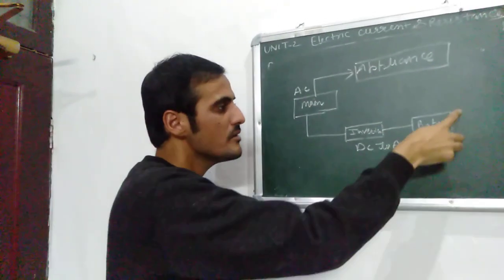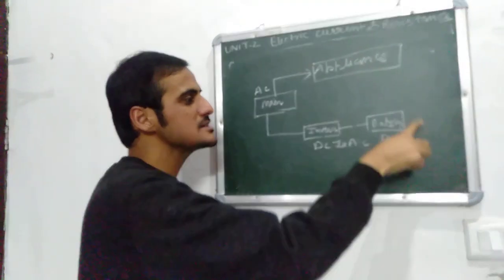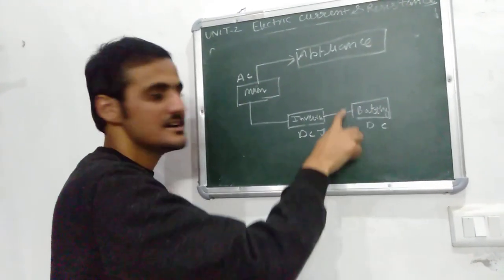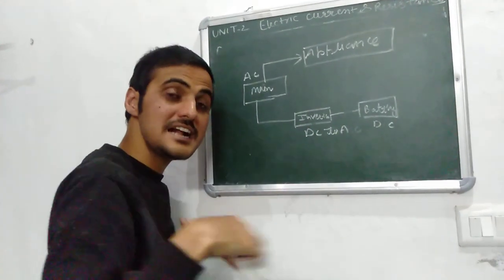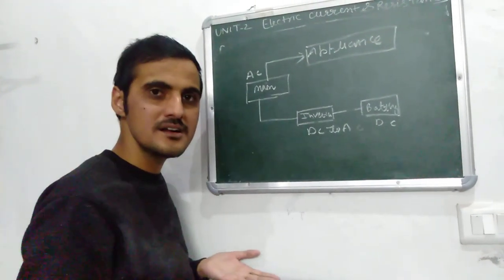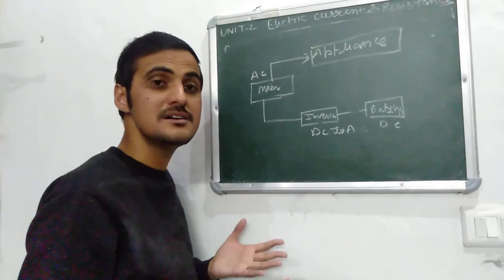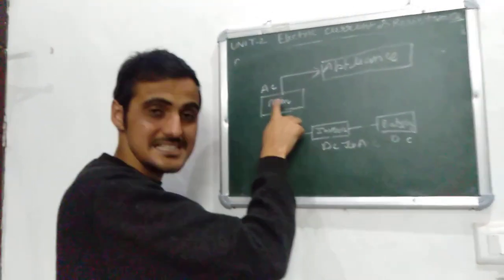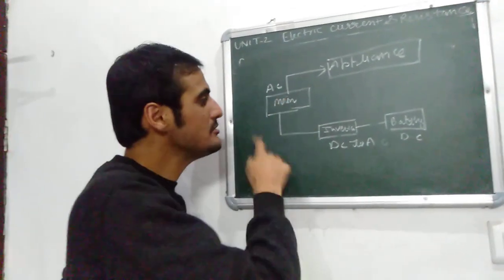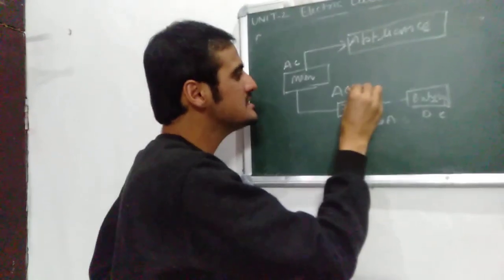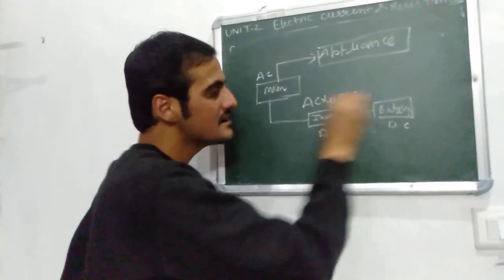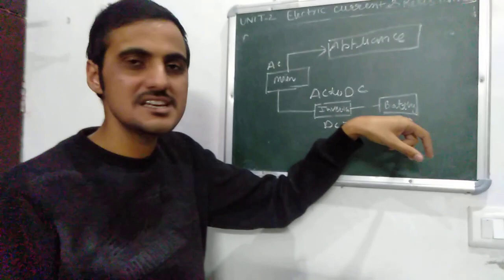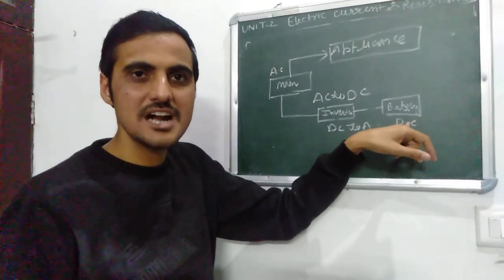Okay, now after some time we also have to charge the battery. The inverter is used when the light goes down, but after some time we have to charge the battery. Then what do we do? We take current from the AC, and this converts AC to DC. This process is used for charging the battery. AC to DC.